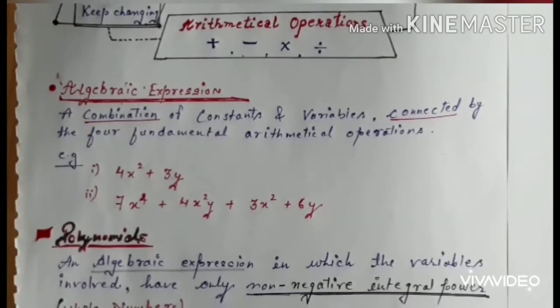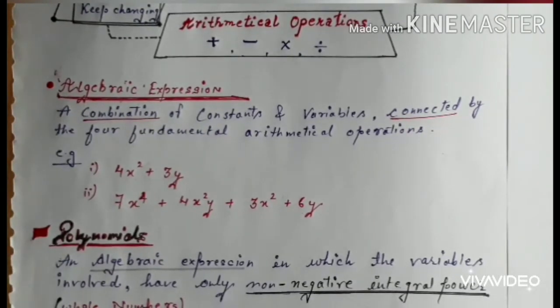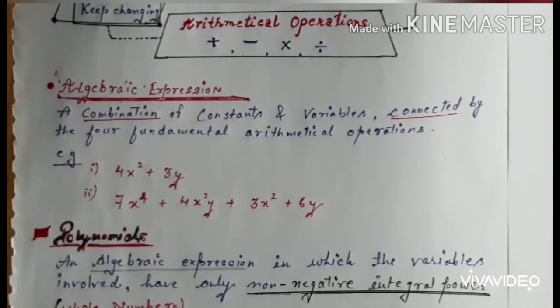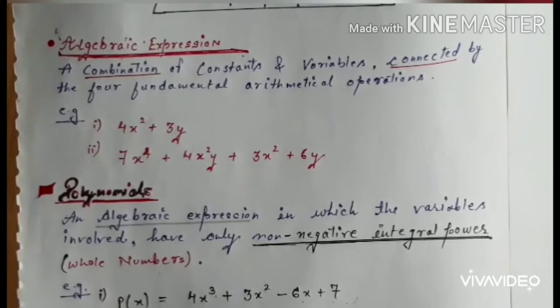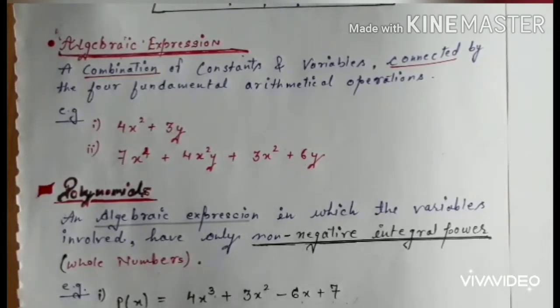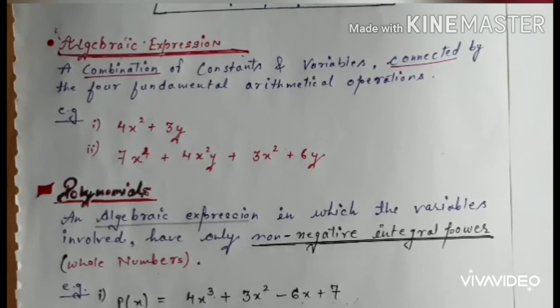And the next one is a polynomial in y. We can write it as q(y), 6y square plus 3y. That means it is also a polynomial. If I write any other, suppose x power 1 by 2 plus 3x, suppose it will be 3 by 2, you can take any other. Is this one a polynomial? No. Why? Because the power here is in fractional form, so it is not a whole number. So this is not a polynomial.